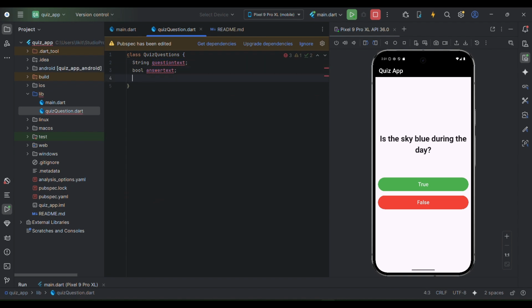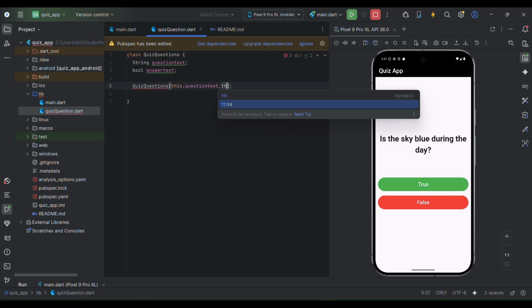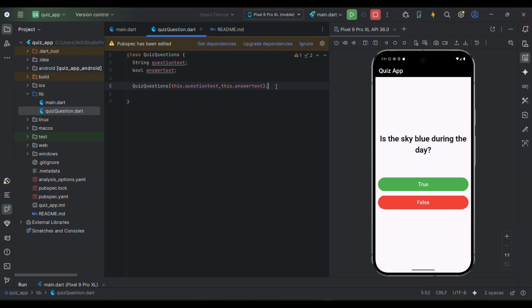Fine. Next, every time when I call this class, I want a default constructor. Inside this default constructor, I'll pass an input. Every time I call, I want the input to be projected. What are the inputs? I want this dot question text first, then I want this dot answer text. Probably you might know it is 2. After, if there is more than 2